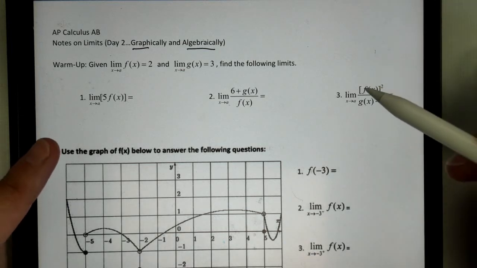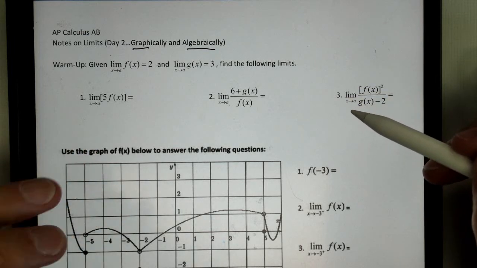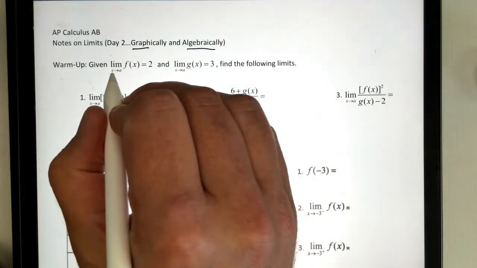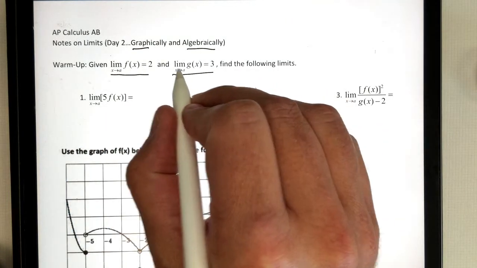Now, the first three questions are kind of a warm-up, so if you want to pause the video and just try the first three questions and unpause it, and we'll go over the answers, which I'm about to do right now. So, we are given two limits, f of x and g of x, and in both cases they're both